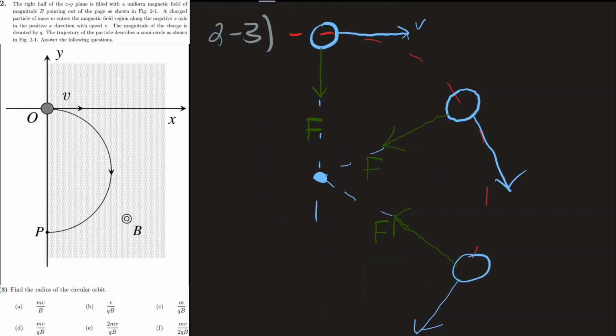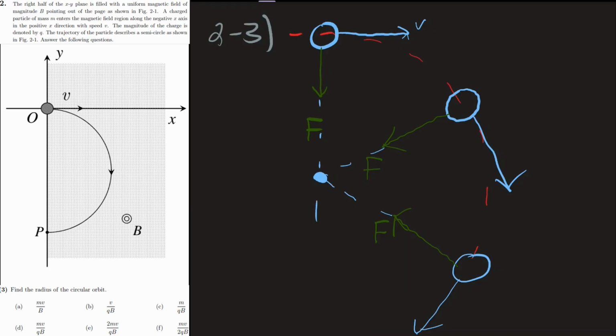Next is part 3, which says find the radius of the circular orbit. So the question makes it very clear that the particle moves in a circular path. So you can probably just assume that the magnetic force is in fact a centripetal force. If you want to prove it to yourself though, you can consider the force on the particle at different points